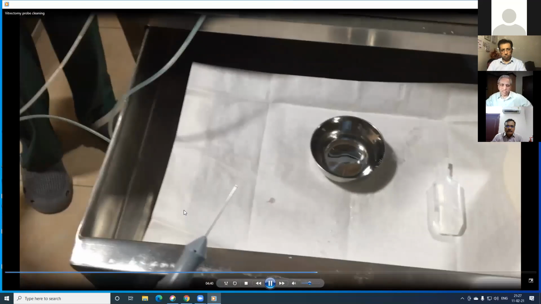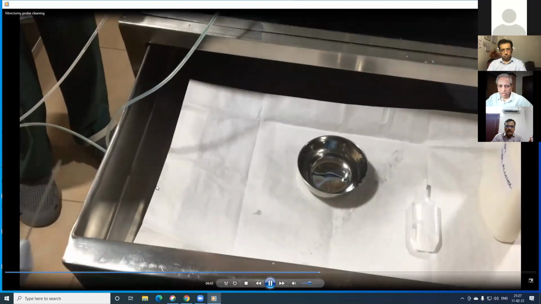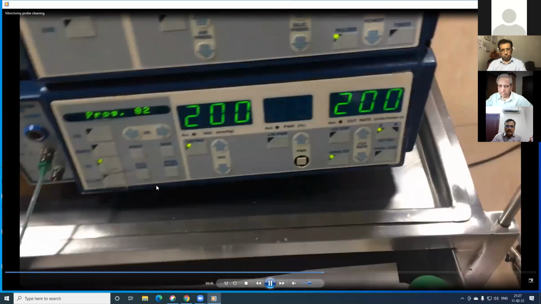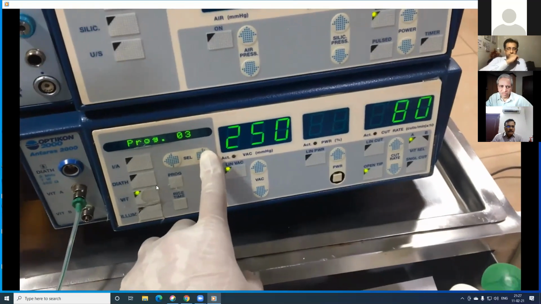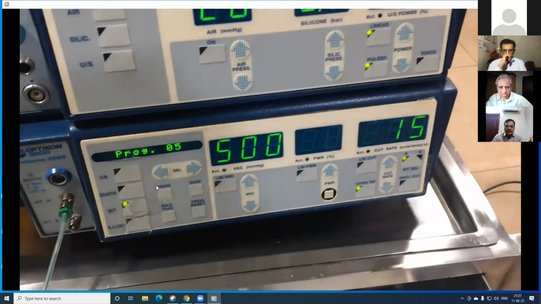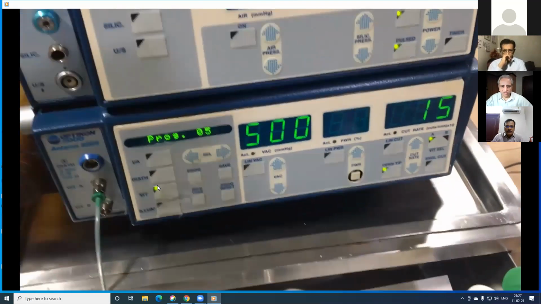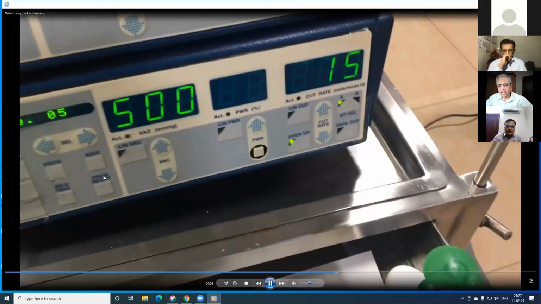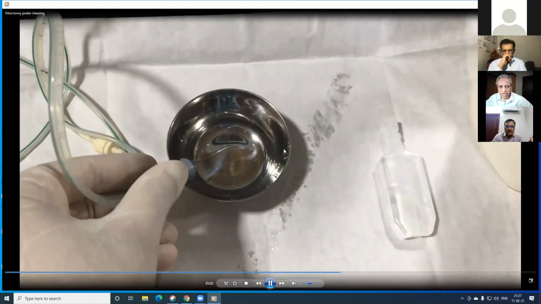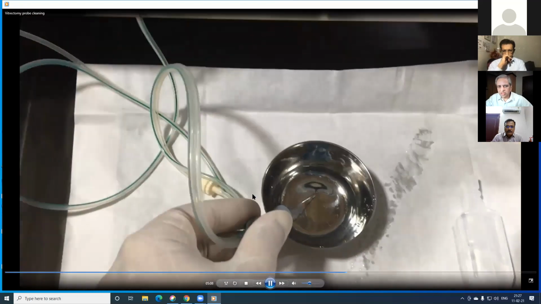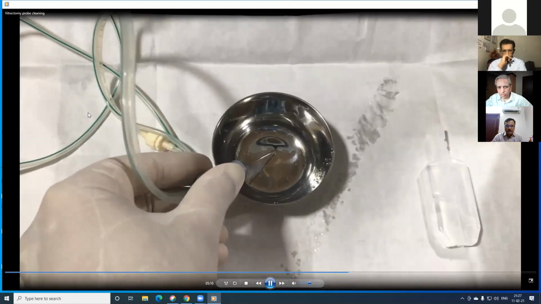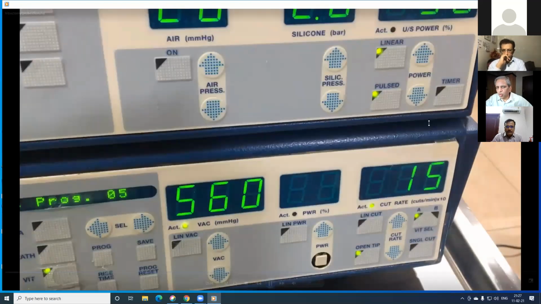So at the end of surgery, the moment I give it to her, she will not keep it down. She'll activate the foot switch, or she'll ask me to activate the foot switch, and we suck the fluid on the table itself. Instead of waiting till the end of the surgery, the tube can get clogged with material. So she's going to clear it by vacuuming it from the bowl. And that's the end of surgery. We fill it up with distilled water, which is from a distilled water plant, and suck at least about 30, 40, 50 ml of distilled water through this. The surgery is over. And the settings are highest vacuum and low cut rate.